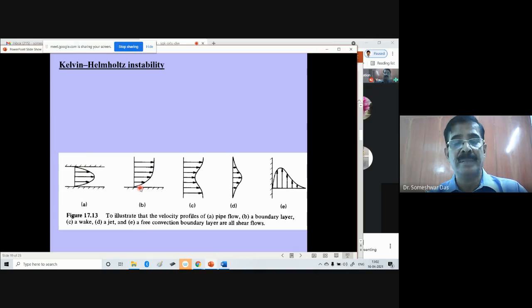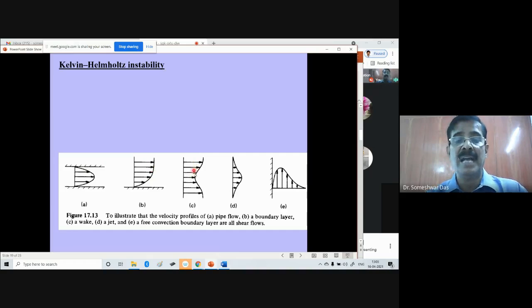Another type of wind shear is in the boundary layer. For example, in the Earth's boundary layer, the wind directly in contact with the Earth's surface is the slowest because of friction. But as you go up, the wind speed increases, as you can see illustrated in this diagram. This kind of flow pattern can also cause wind shear, which in turn can cause the instability.